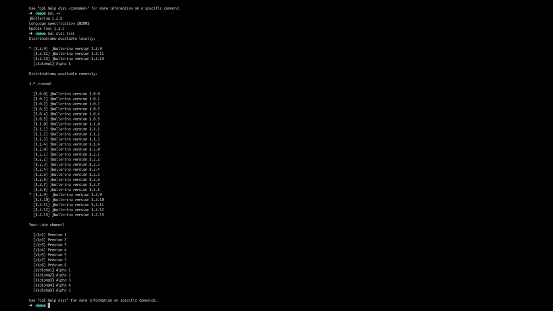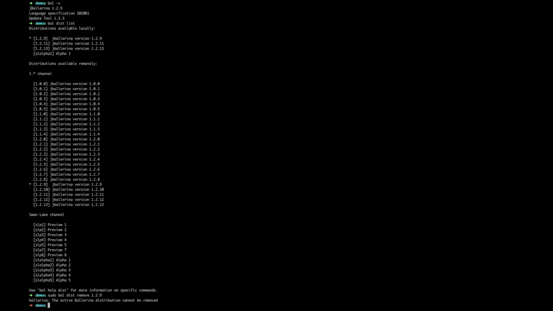If I try to remove the current active version, which is 1.2.9, it gives an error saying the active Ballerina version cannot be removed. If I really want to remove that version, first I need to switch to another version and then remove this.